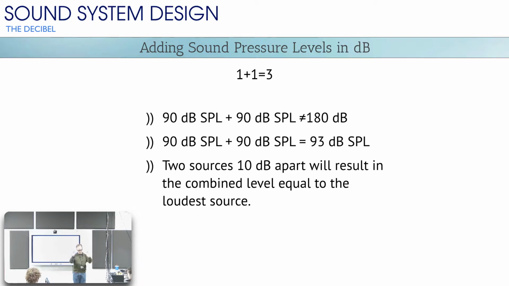Okay? So usually, when you have two things actually pushing on the air and making sound, you will get a 3 dB increase if they are both doing the same thing because of comb filtering, except for sub-bass. When you get to really, really low frequencies, like 100 hertz and below, you will get 6 dB there. Why do you get 6 dB for the low frequencies, but you only get 3 for the higher ones? It's because low frequencies